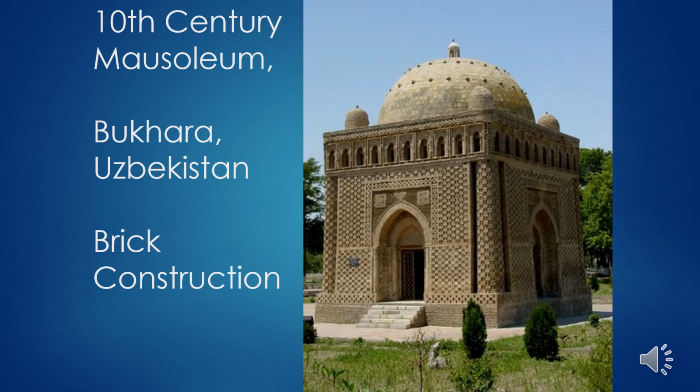But some things to look for are ordered repetition. So notice how the pattern repeats all over. Notice the ordered repetition of the top band of the building. And then the balance and the radiating structure. So we've got that center point of the dome radiating out symmetrically from that center point. And in this case, all 4 facades of the building are identical and have that symmetry.